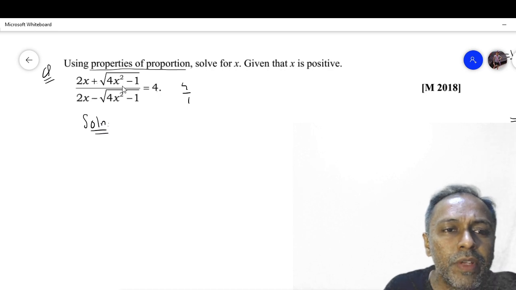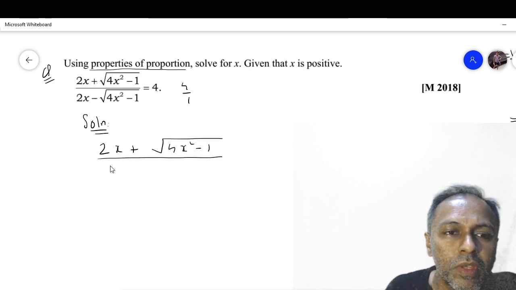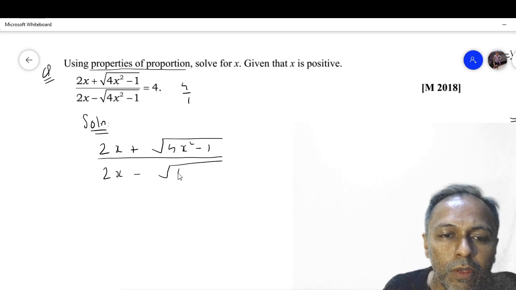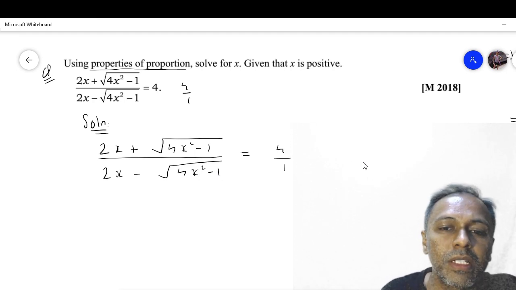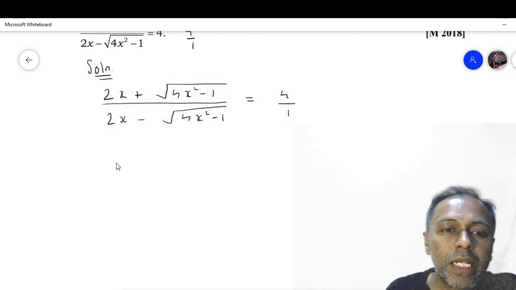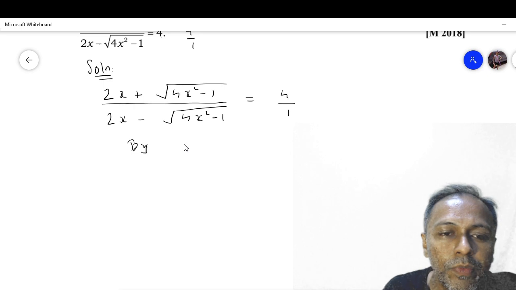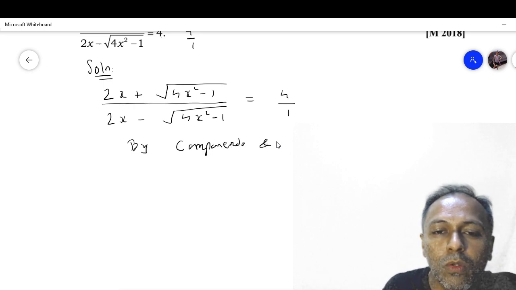Let us begin. We can copy the given question as 2x plus root of 4x square minus 1 upon 2x minus root of 4x square minus 1 is equal to 4. Let us write this here as 4 upon 1. Let's begin by writing componendo and dividendo. So by componendo and dividendo,